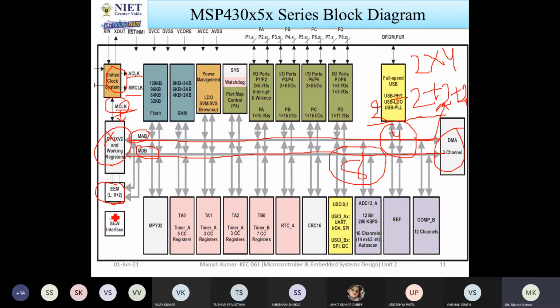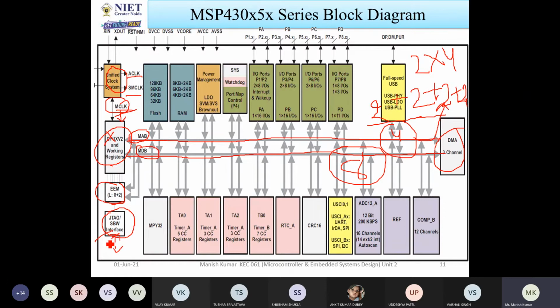The next block is the JTAG or SBW interface. JTAG stands for Joint Test Action Group. What is the use of this block? Actually, it is used for testing the circuit board. Let us say you design and fabricate this microcontroller, but if you do not test it, there is no use. So for testing purposes, this interface is required.